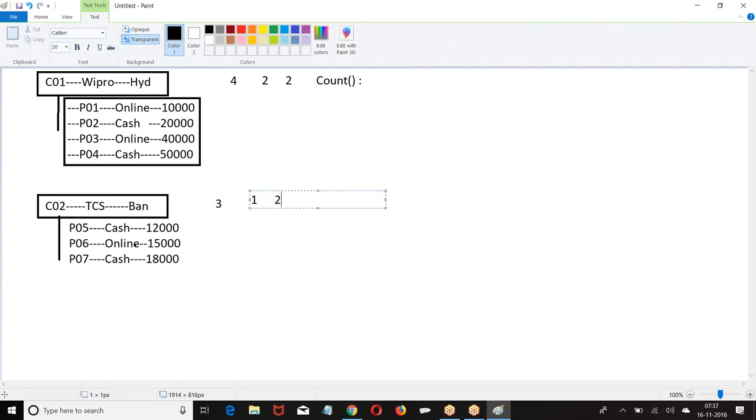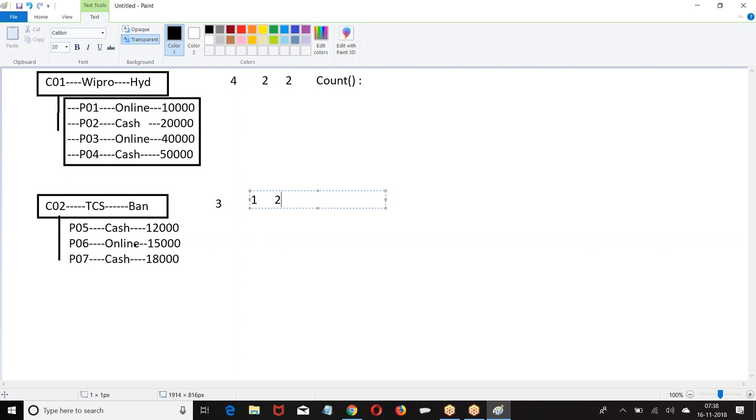So it is not necessary that I have to take every child record in the relation. I can apply a condition. Now count means count of number of child records participating in the roll-up summary relation. Now I told, take only online records. Then on the top we get 2, at the bottom 1.